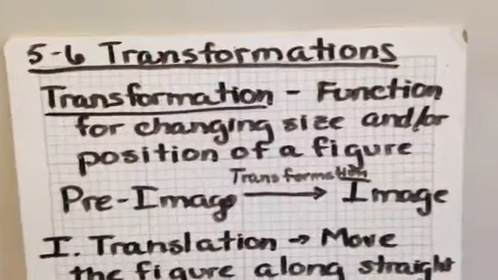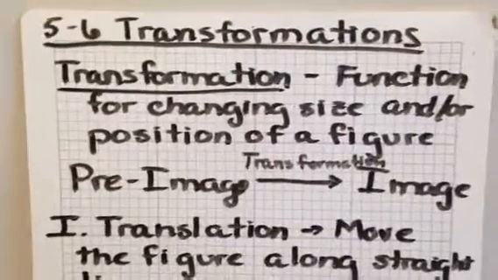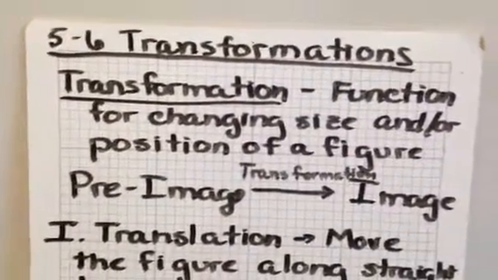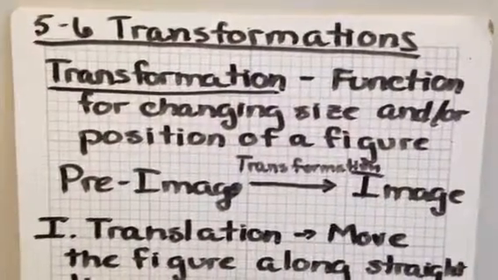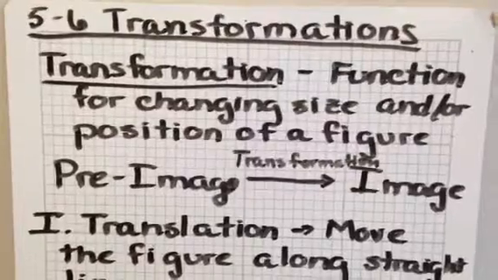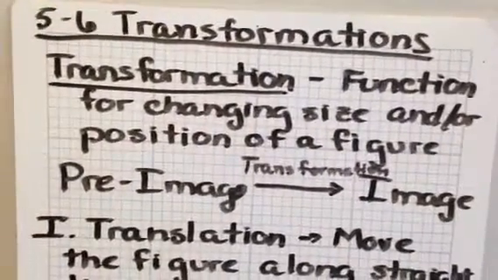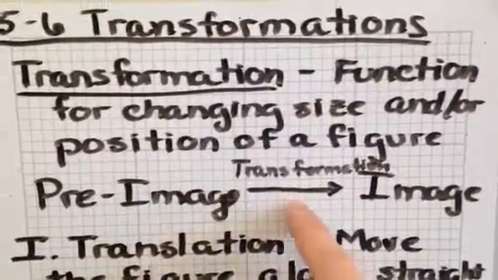5-6 transformations, part 1. So a transformation is going to be a function. Remember, that's just a mathematical operation that changes one thing into another. And that's going to be a function that changes the size and or the position of a figure. So when we're applying transformations, we can use the term pre-image or figure, and then we have our transformation and